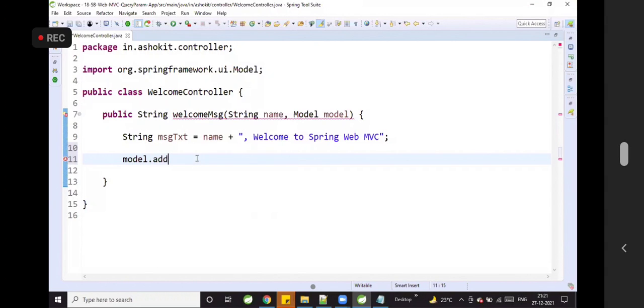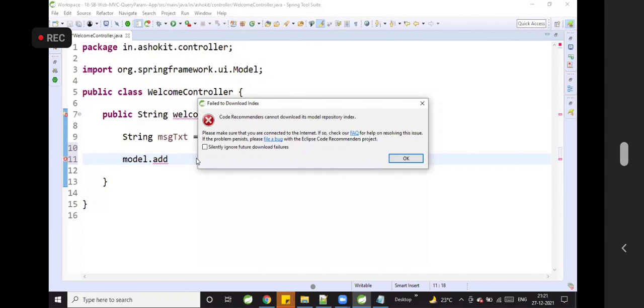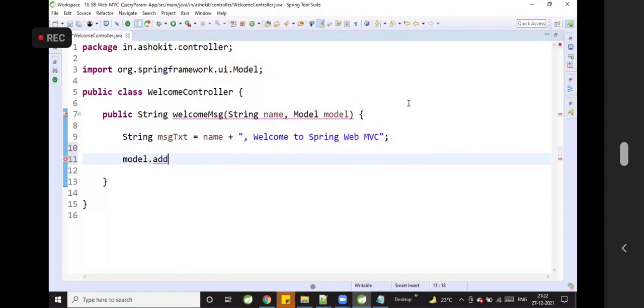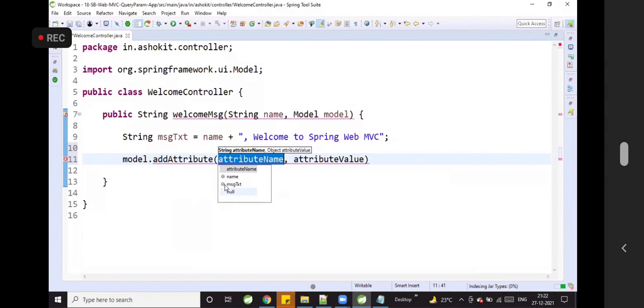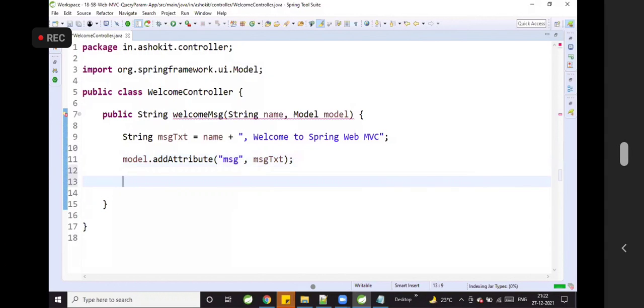Then I'm going to do model.addAttribute with key comma value. Why? Because I'm receiving the data from the UI and I'm sending the data to the UI. The value is messageText.